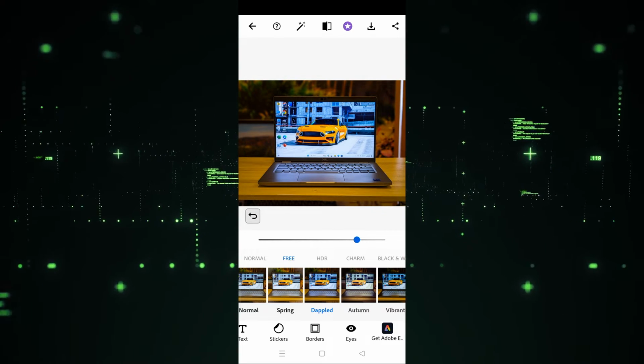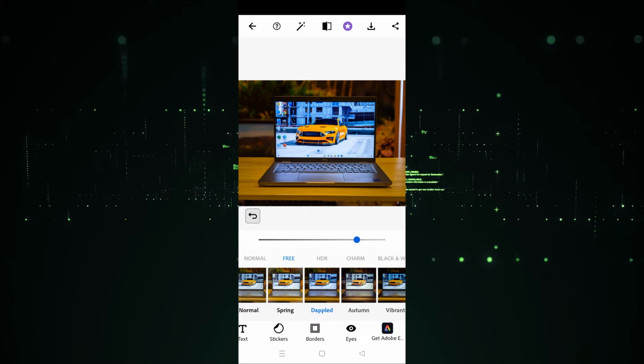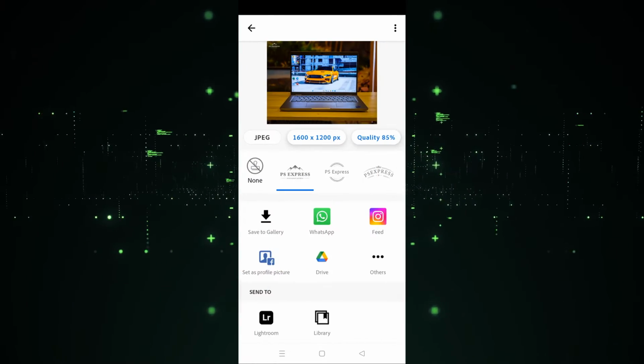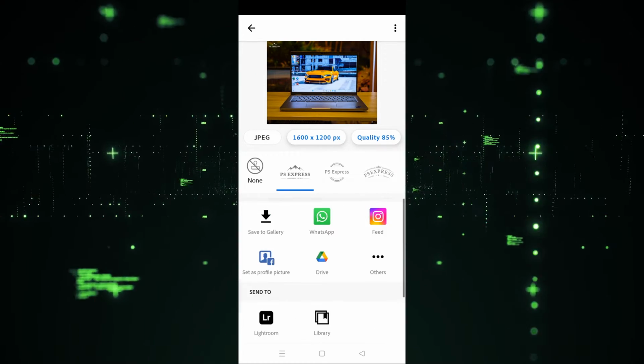Now what we have to do is click on this arrow. Let's click on this. After clicking on this, the image will be saved in your gallery. If you want to export this, you have to click on this share icon. After clicking on the share icon, as you can see, you are going to get all the options here,